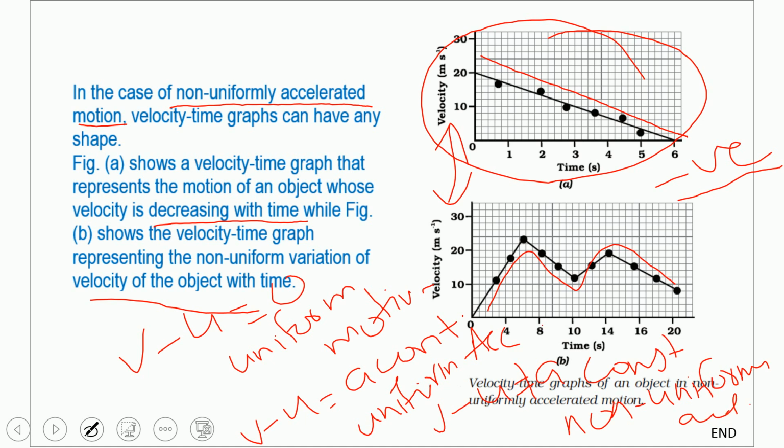In a graph you must understand that displacement, velocity, etc. will be taken on the y-axis, and time is always taken on the x-axis. In the distance-time graph, the slope represents the speed. In the velocity-time graph, the slope represents the acceleration. Again, the area under the graph line and the x-axis represents the displacement. That will be very useful for the equations. That is what we are going to use in the